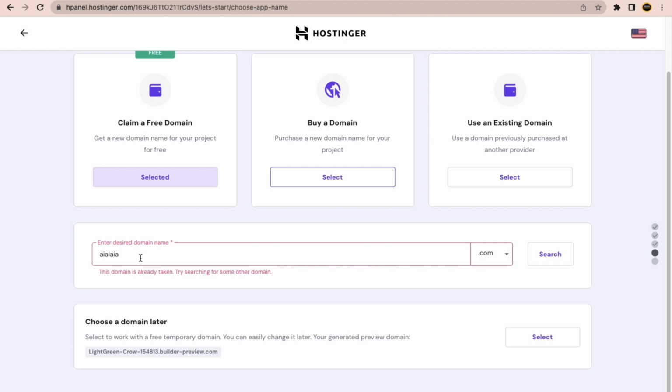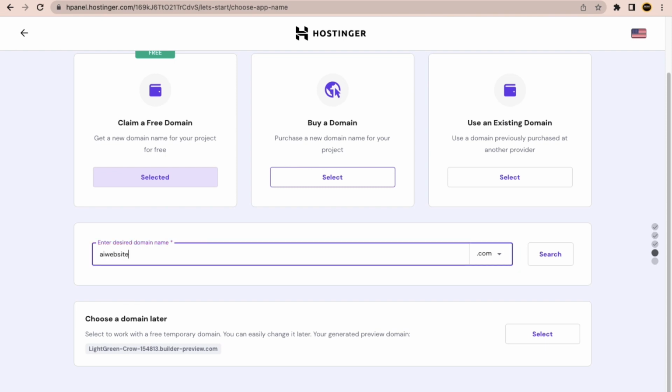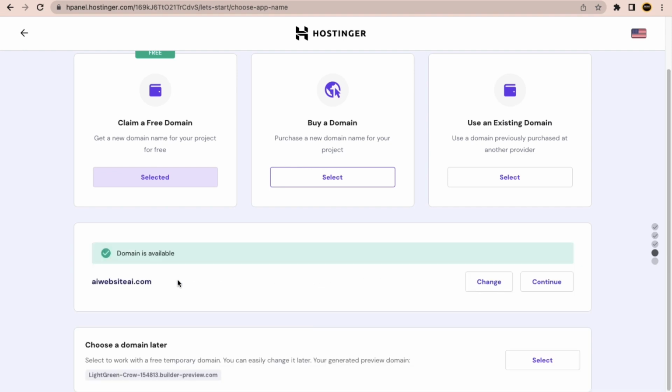Okay, so let's put this and search for it, whether this particular domain is available or not. So it's already taken, so I can say website AI. Okay, anything, let's search for it. So I can see that this particular domain name is available for me, so I can use it. According to your case, you can even change it if you want, or continue with it. In my case, I'm just going to click on this continue button,